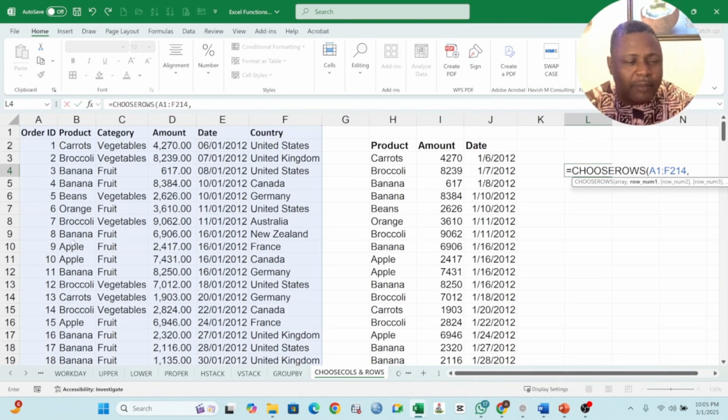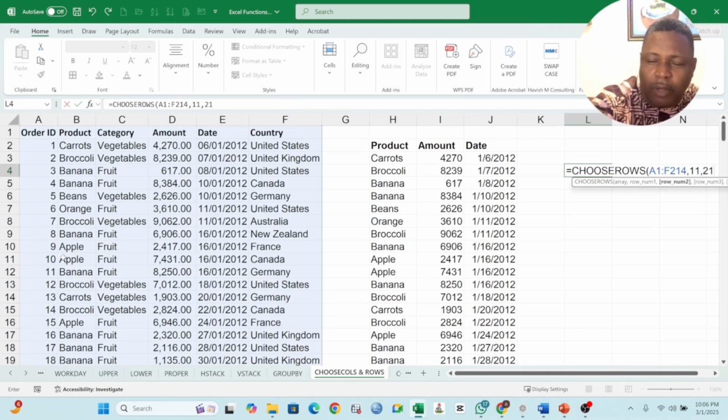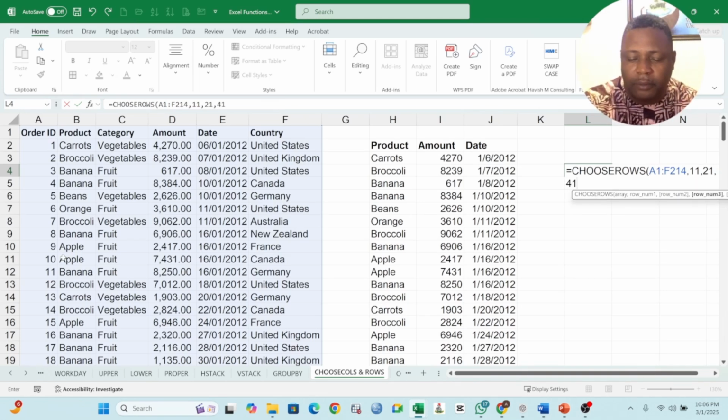So I will extract row 11, I will extract row 21, and row 41. Then I can close my bracket